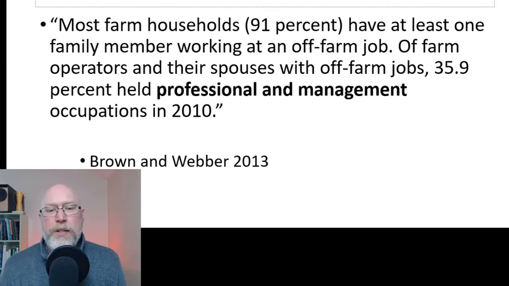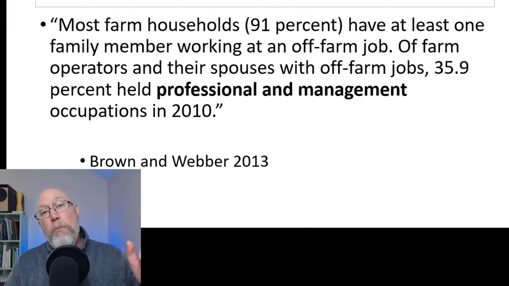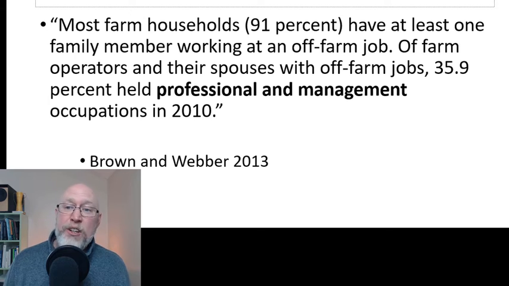So the first thing that you need to understand is the structure of agriculture in the United States. I've got some course material, some content for you to look over that talk about income distributions in agriculture, and on and off farm employment in agriculture. What you've got to remember is that virtually all farms have at least one member of the household, one family member, working in a job for pay off the farm. And a non-trivial number of those people working off the farm are working in jobs that we would call professional or management. So these are like your white-collar kind of workers.